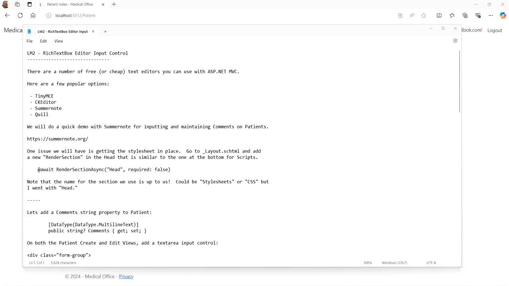And several of them, though, actually have both free and paid tiers, so to speak. But Summernote is, I'm going to use that one for my demo. It's totally free, open source, and away you go, right? By the way, you can go to the website here. It's simply summernote.org and read about the creators who've shared it and so on and so forth, right? Okay. Well,